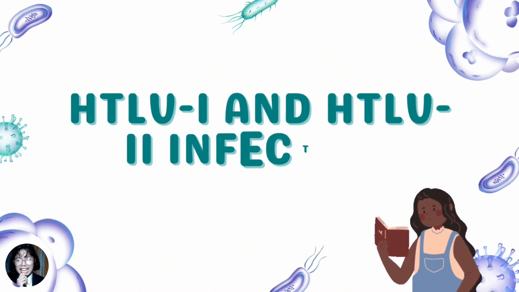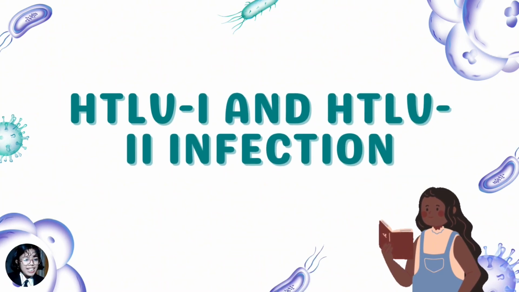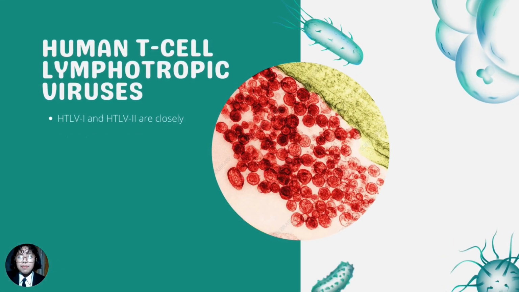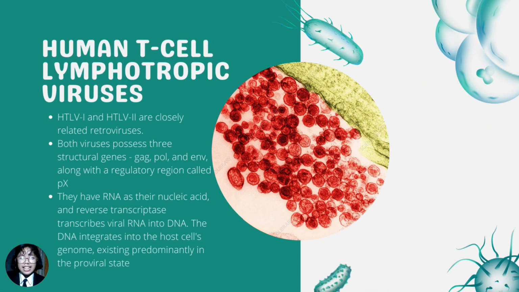Now, down to the last set of viruses, HTLV-1 and HTLV-2. Human T-cell lymphotropic virus type 1 and human T-cell lymphotropic virus type 2 are closely related retroviruses. Both viruses have three structural genes: GAG, which codes for viral core proteins, POL, which codes for viral enzymes, and ENV, which encodes proteins in the viral envelope, along with a region called PX, which encodes several regulatory proteins, including